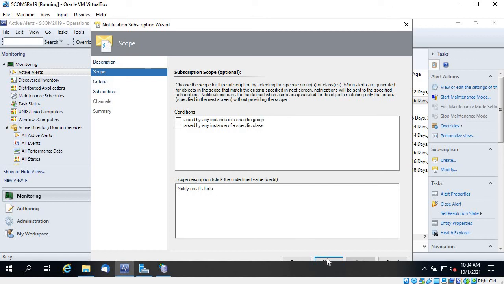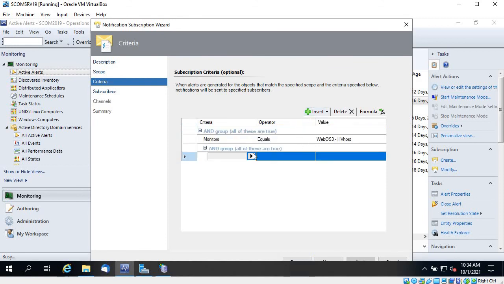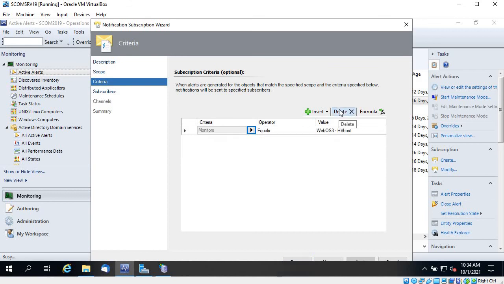it says notify on all alerts, and here under the monitors you can see monitors equal to webOS 3. So whenever this monitor is going to throw any alert, you will receive a notification. Here you can add like and group, and you can add for the severity as well. So it will check both. Now let's delete it